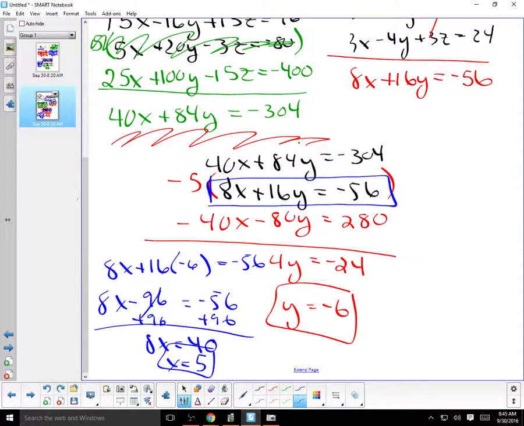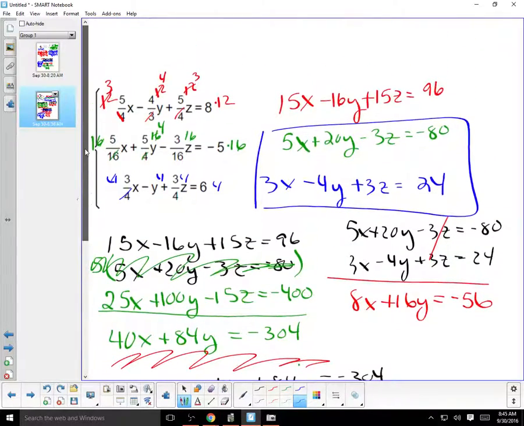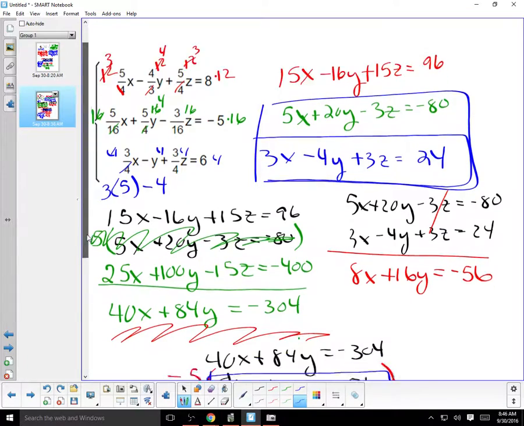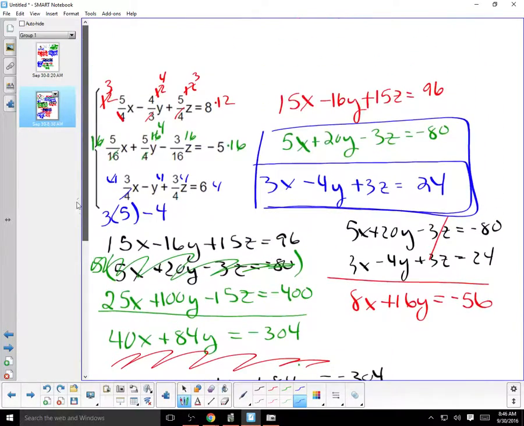So to the top. Now, you can use one of these fraction ones if you want. I wouldn't recommend it. Just use this one right here. The numbers seem to be smaller there. I'm going to try to squeeze it in right here, this little spot. So, let's see. What was x? 5. Minus 4. What was y? Or did we have y? Yeah, we did. -6